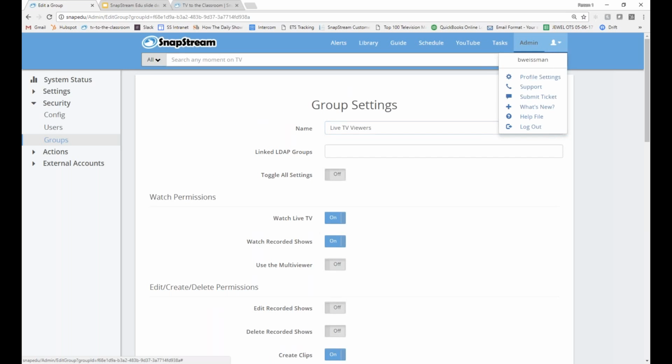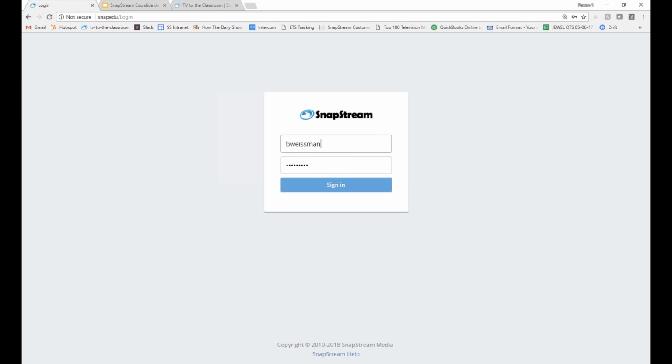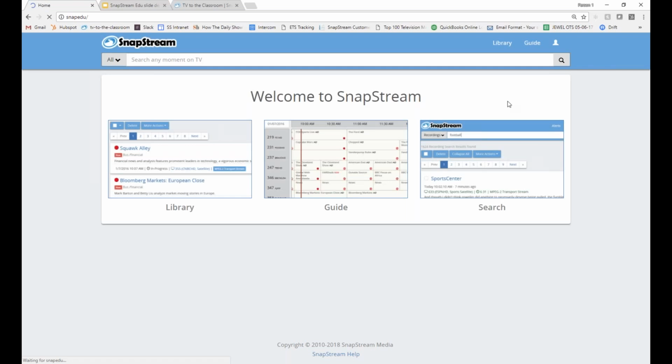And to give you a scaled down visual of what that looks like, I'm going to sign in as my alter ego, which is a lower level user at my hypothetical school. And now you don't see the admin section. You simply see a guide and a library. And for that matter, I could even scale it back further to where all that this person sees is the guide. And when they go into the guide, all that they can do is watch something. They can't record or any of the other aforementioned functionality.